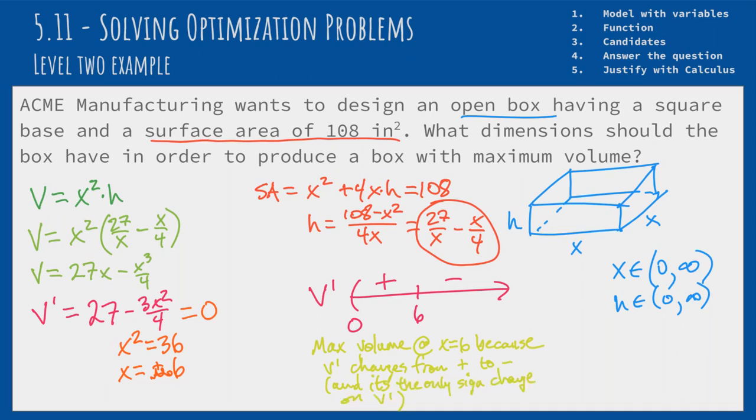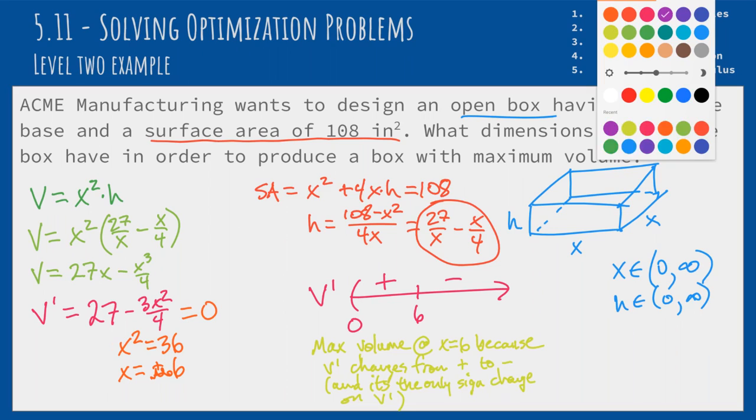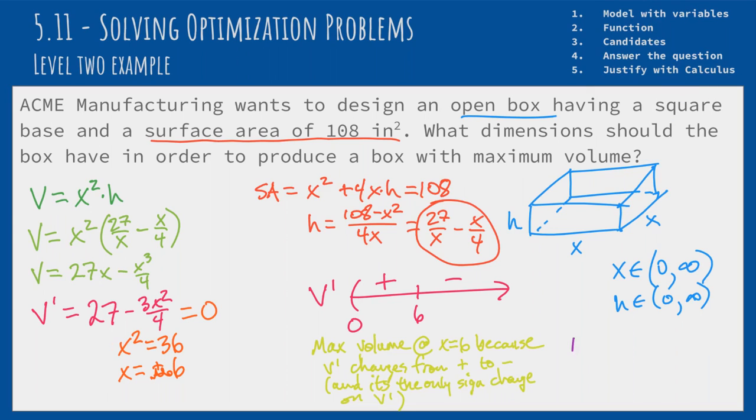Okay, so I did the justification step already, but I didn't answer the question yet. The question says, what dimensions should the box have in order to produce the maximum volume? So dimensions of the box, I'm going to separate this, and I'm going to say the base dimensions will be, so the base is x by x. Remember we said x is going to be 6. I want to include units, so 6 inches by 6 inches, and the height